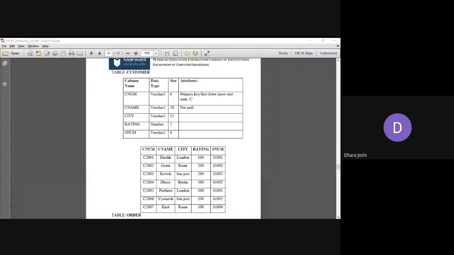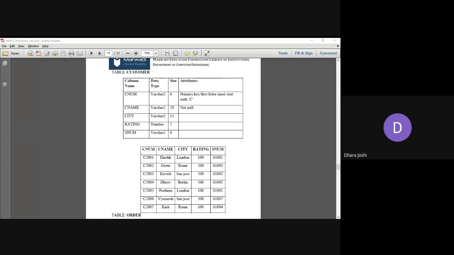Okay, so now we need to create the customer table. Here we have 5 columns: customer number, customer name, city, rating, and salesman number. But remember one thing, it is not given here that salesman number is a foreign key, so we are not doing that.